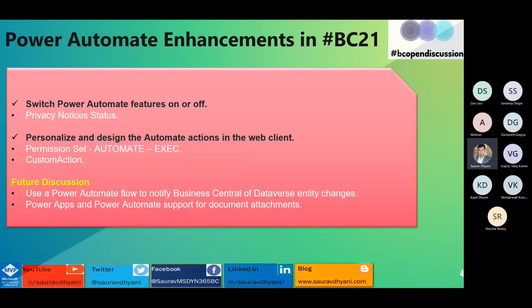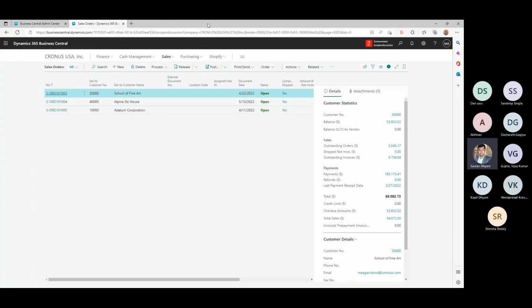The first one is that until Business Central 20, there was no way that you could enable or disable Power Automate as a feature. But now with the latest release of Business Central, Microsoft added a new page called Privacy Notice Status, where you can actually enable and disable the Power Automate use on a particular tenant.